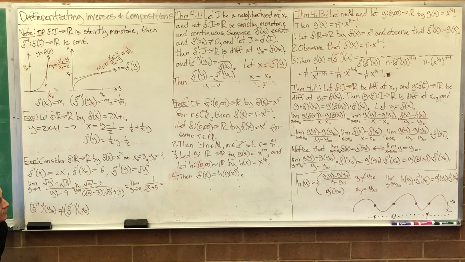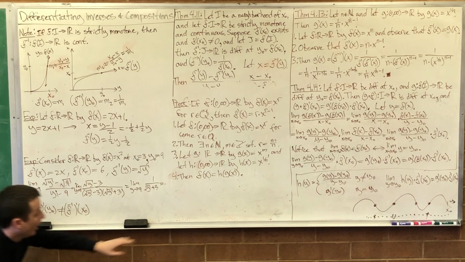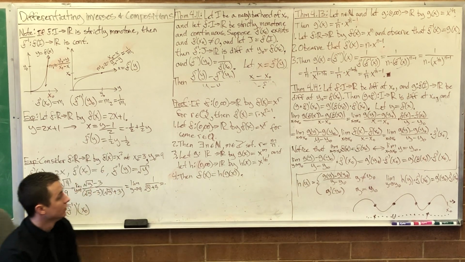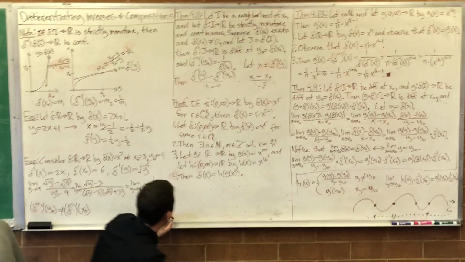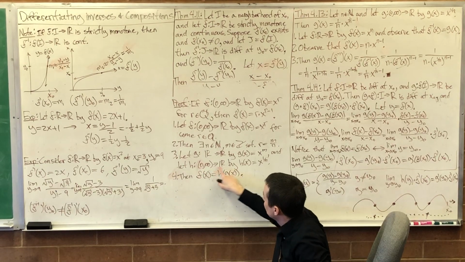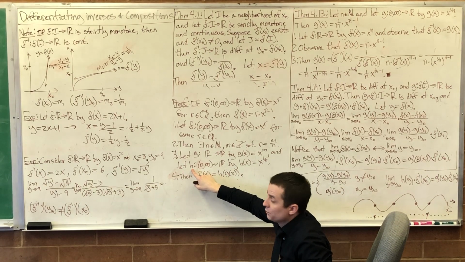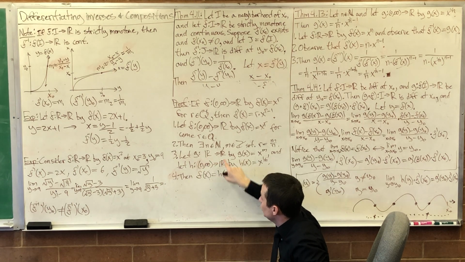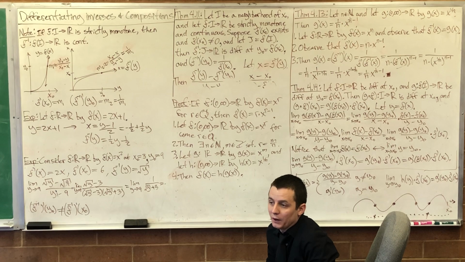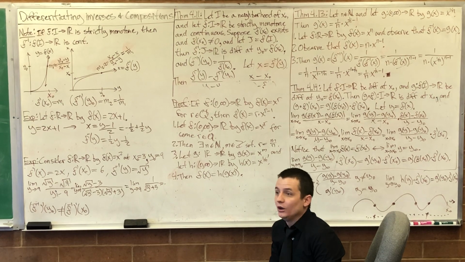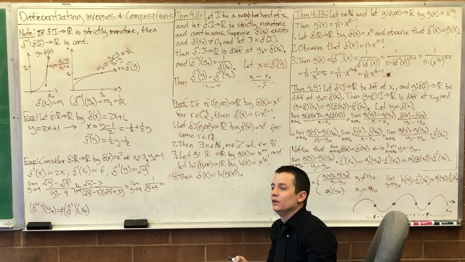Why are we doing h of g of x instead of g of h of x? h is the one with the restricted domain. I know that the image of h is a subset of the domain of g, so I know that this way is always defined. The other way might not have been, I mean, we know it is defined the other way, but there could have been,